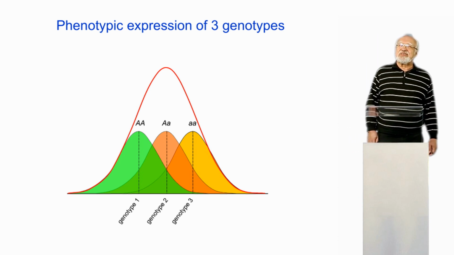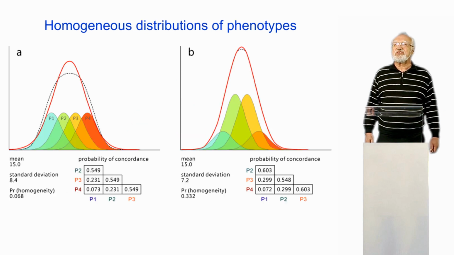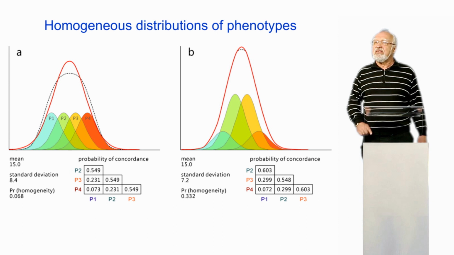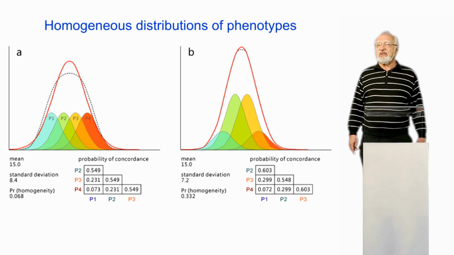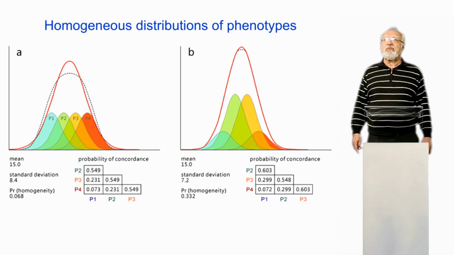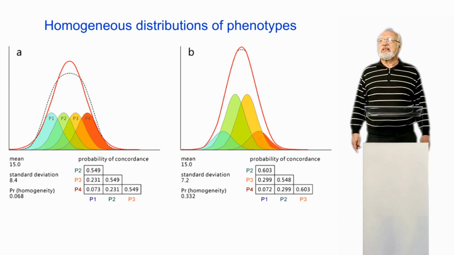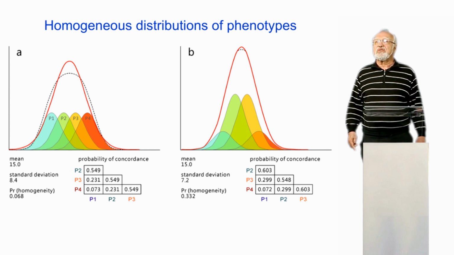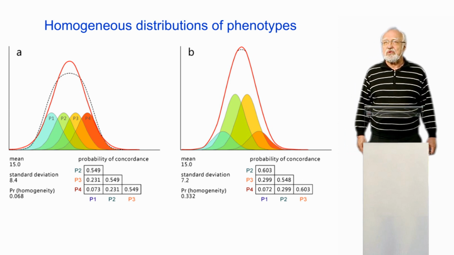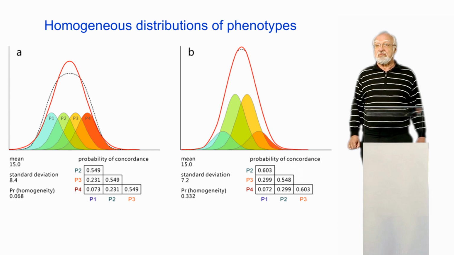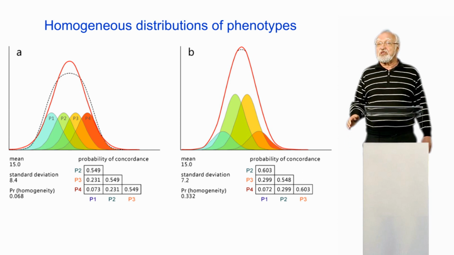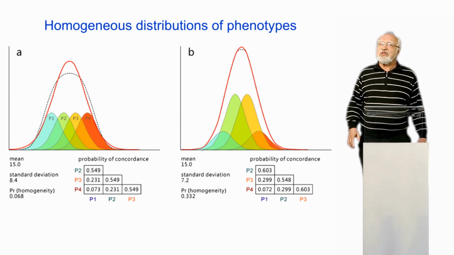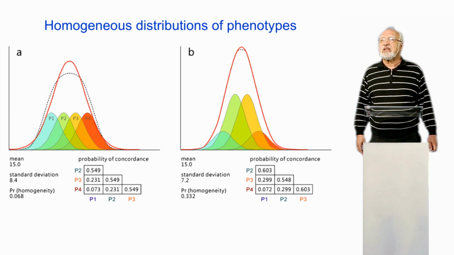Now, the summary distribution is not a real normal distribution. In this model, I added a fourth phenotype, and you can see the summary distribution, this is the punctual form, is not really a normal distribution, but a platykurtic distribution. But still the probability of homogeneity is high, and you can also look for the